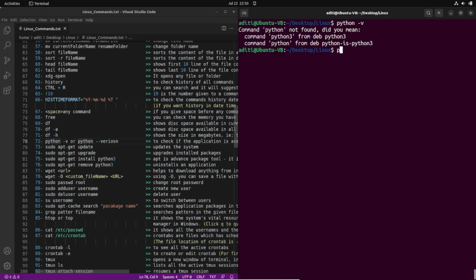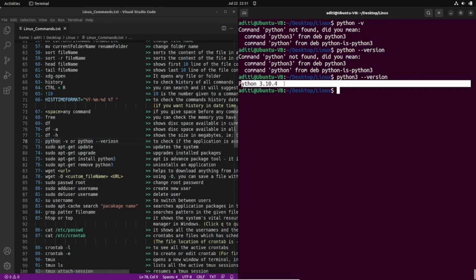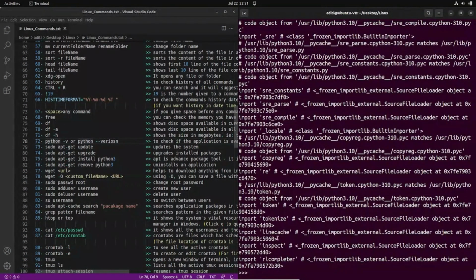Okay, and I can write like this also: python space double hyphen version. If I click enter, it is showing the same thing, because I do not have it installed. I'll write the same thing with python3. So I'll write here python3 --version and click enter. Here you can see it is showing the version of the Python that is installed in my system. Okay, and similarly if I write only -v and click enter,